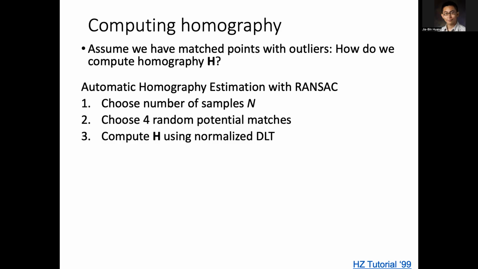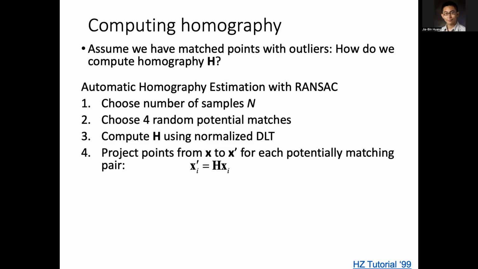So this normalized H is just a hypothesis. I don't know whether it's right, but one way I can check how good it is, is to check how many point pairs this H can explain. So what I'll do is take all the points in image 1, and apply the H I just solved to get an x plot. And I check if this x plot, this point, is very similar